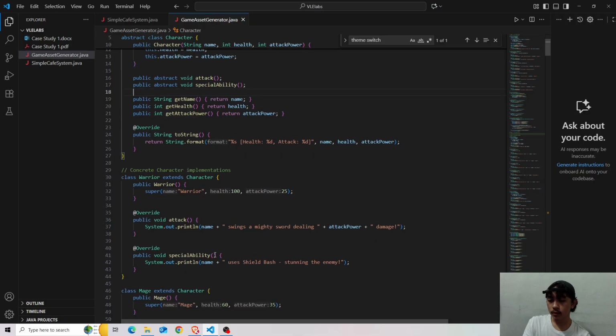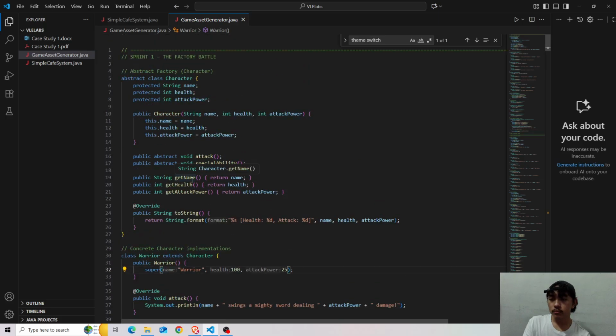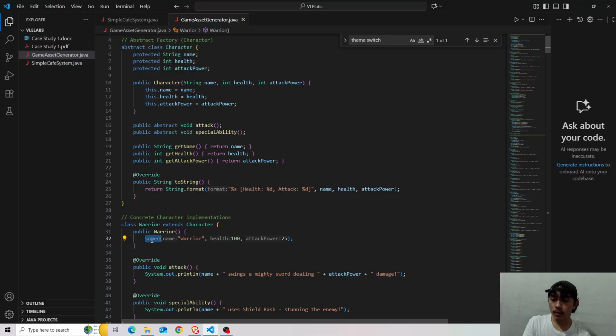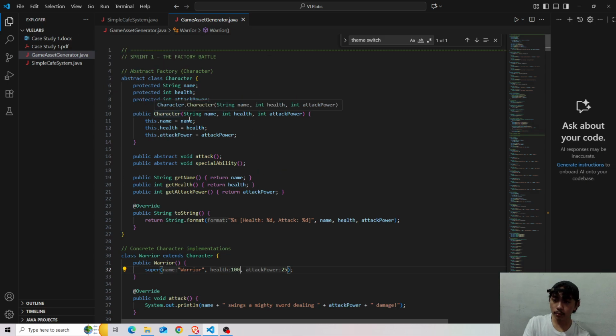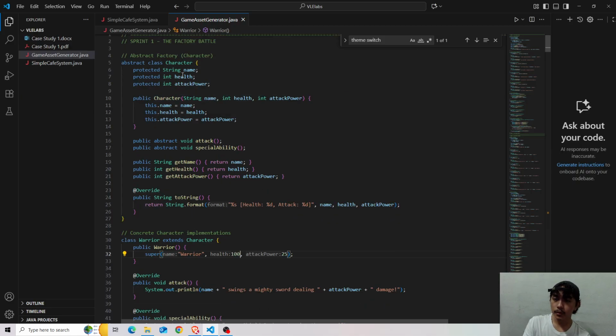And then it has its own constructor, in which it inherits the super characteristic of the character abstract class, so in which he has the string name and the int health and the int attack power.